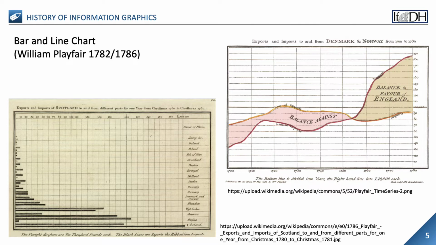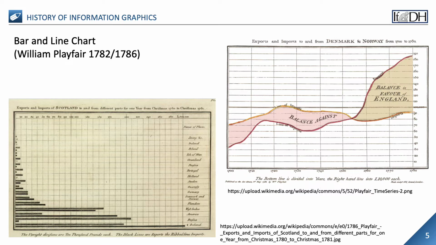With the further development of natural and economic sciences, the communication of counts, measurements and ratios became increasingly important. The simplest graphic arrangement is a table. However, alternatives were sought early on. For example, the Scottish engineer and economist William Playfair developed the first bar chart in 1782, with which he visualized Scotland's exports and imports in 1781, and his famous line chart of 1786, which connected the ratios with lines and colored the resulting areas. This made England's export surplus vis-à-vis Denmark and Norway, which had been increasing since 1753, clear